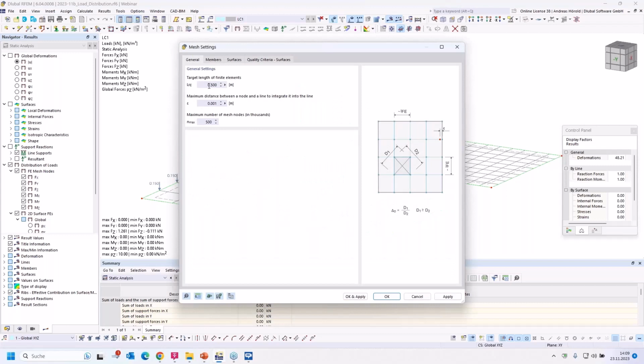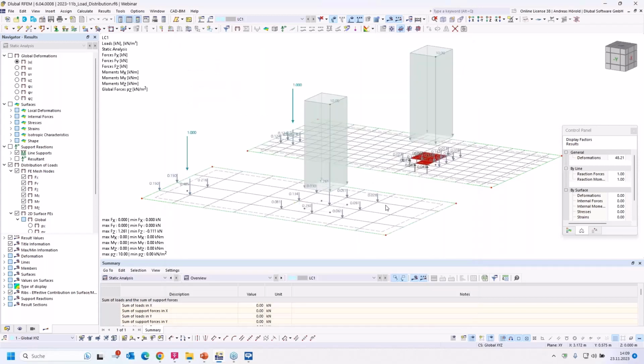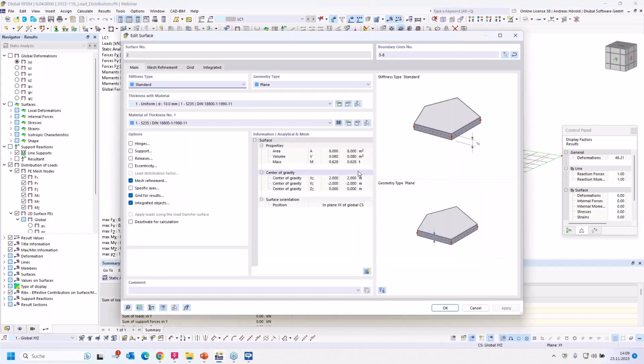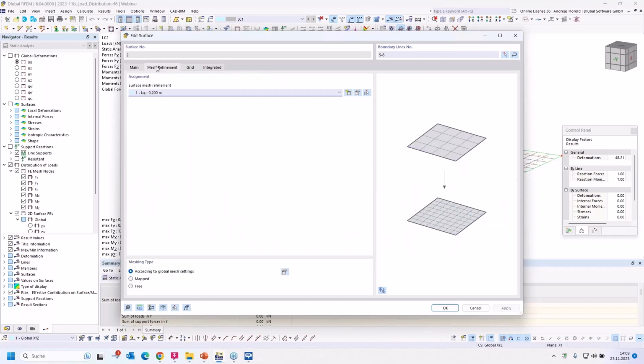That's the standard mesh setting, 50 centimeters. That's this surface, and if I click on this surface, you can see I've defined a mesh refinement. And if I switch to that dialog, you can see the mesh refinement, 0.2 meters, 20 centimeters.